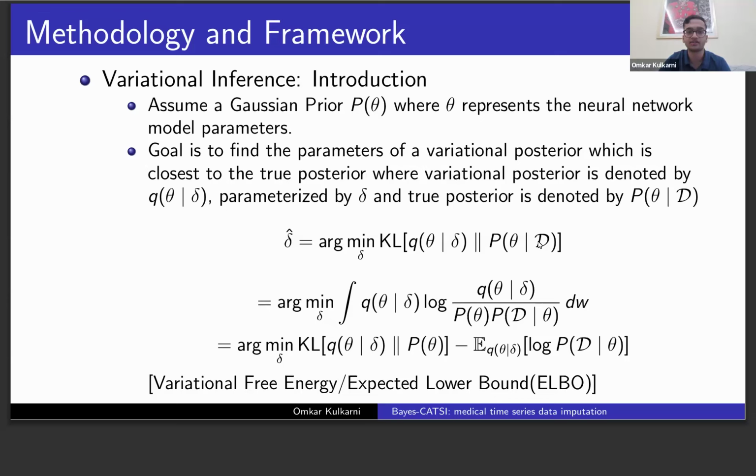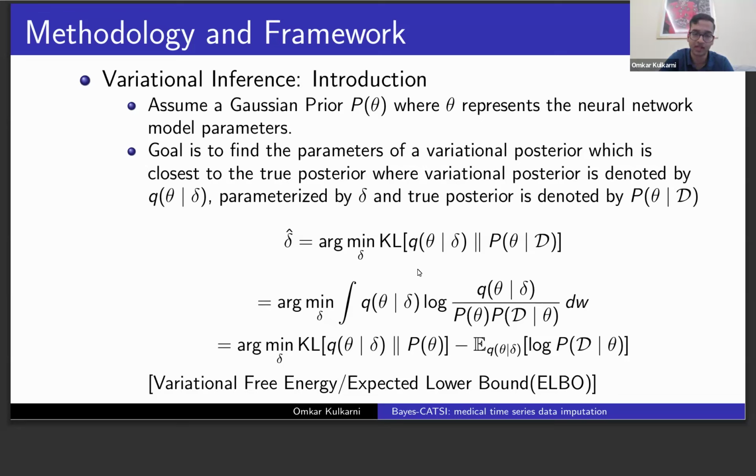So now the goal is basically to find the parameters of a variational posterior which is closest to the true posterior, where the variational posterior is denoted by Q and parameterized by delta, and the true posterior is denoted by P, where D represents the data. So now when we come to the mathematical aspect of this, we basically want to minimize